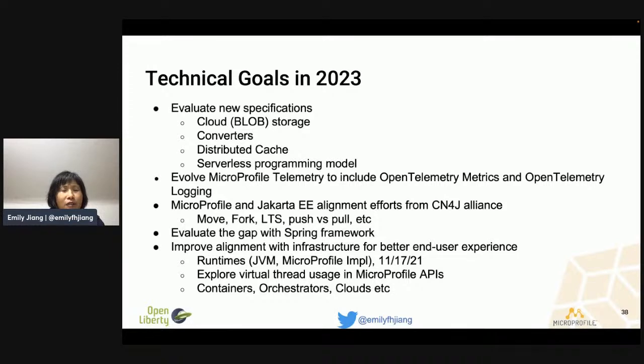MicroProfile. Finally, as you know, serverless is now really popular, so we want to evaluate a serverless programming model. Basically, create a programming model so that you can plug into any cloud provider to run as serverless functions. It could be IBM Cloud Code Engine, Azure, AWS Lambda, or Azure Functions. The following one: we want to evolve MicroProfile Telemetry to include